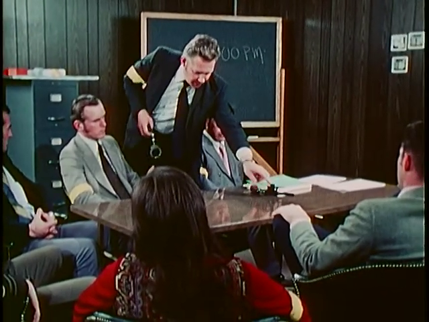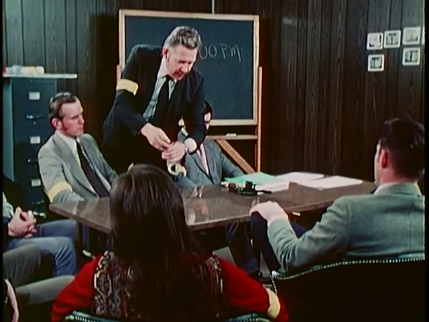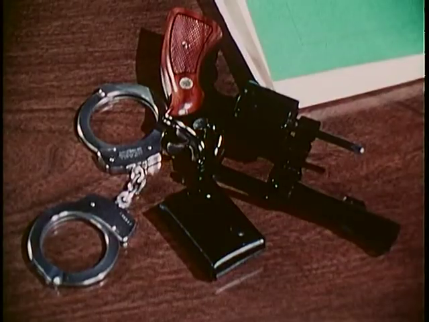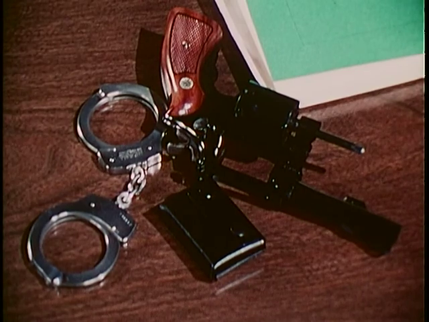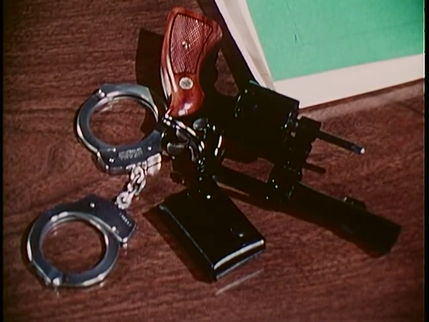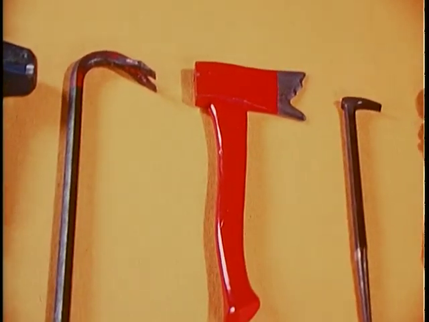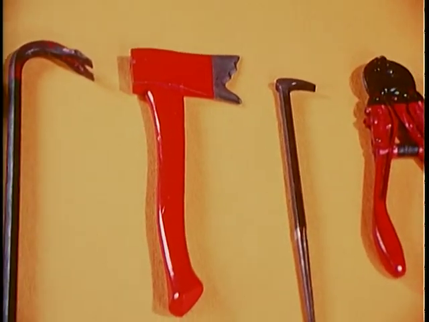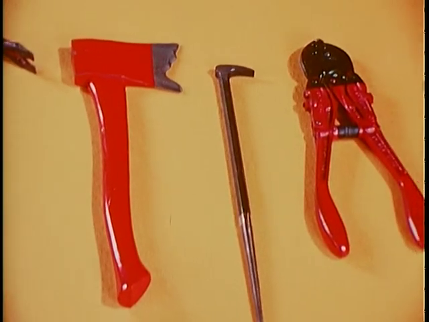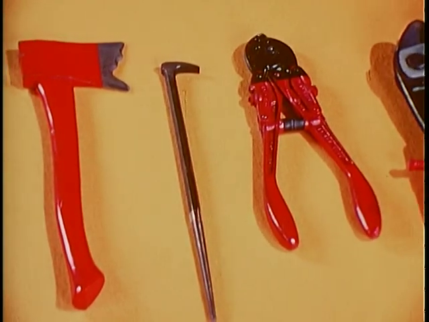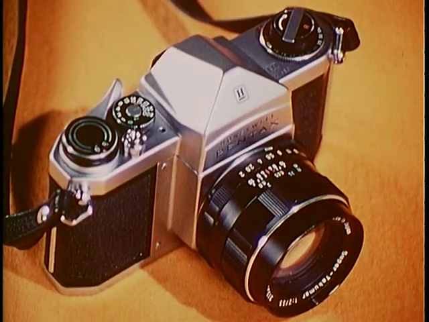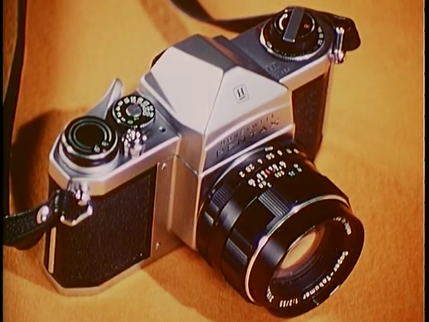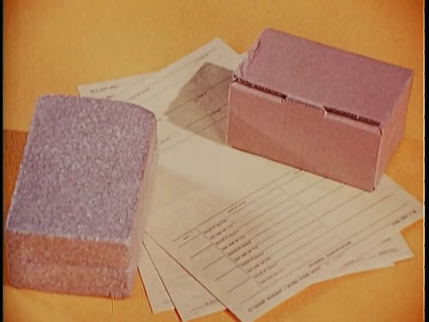The type of equipment to be taken depends upon the type of raid to be conducted. All agents should, of course, have their own official weapons, extra rounds of ammunition, and handcuffs. Among the other things that might be taken are entry tools, evidence-gathering tools, such as a camera, containers for the contraband,